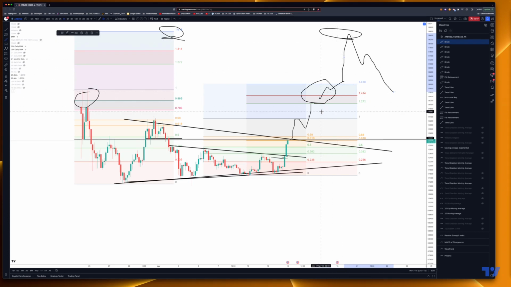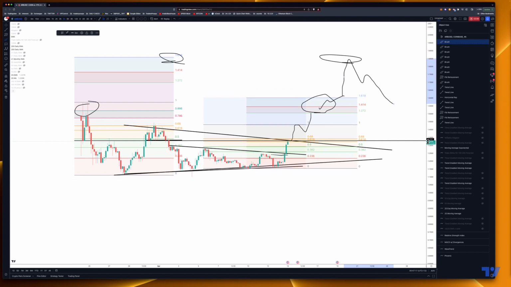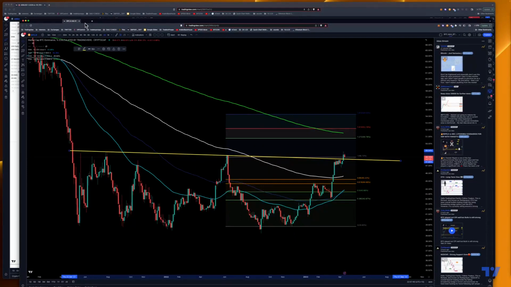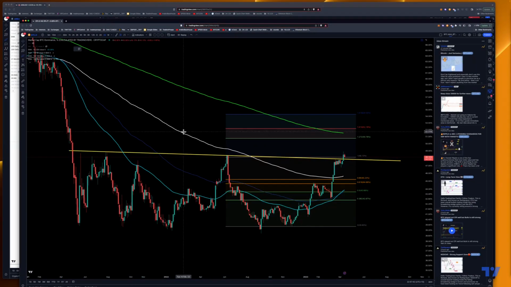We hit the alt season slightly, and it's not complete alt season, but we might have alts doing a nice run while Bitcoin hits the resistance and consolidates under a major resistance of 32K or so, whatever it is. The alts might just start running away. And if you look at the Bitcoin dominance chart, and I'll try to bring that out over here, we might just come back down.